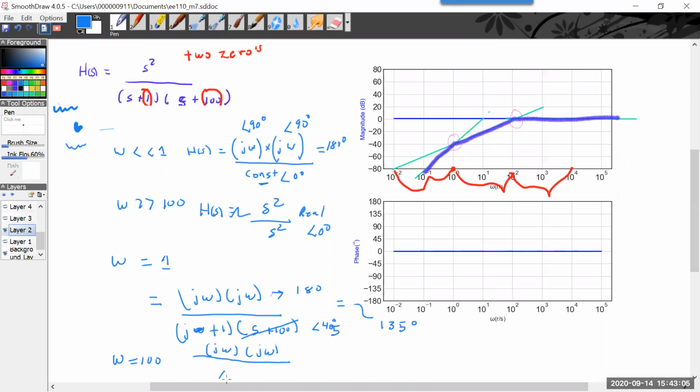This was already 45. Now that s is equal to 100, or wait, no, excuse me. When omega is much, much bigger than 1, I'm going to redraw this. I have j omega. This becomes j omega. And then this becomes 100j plus